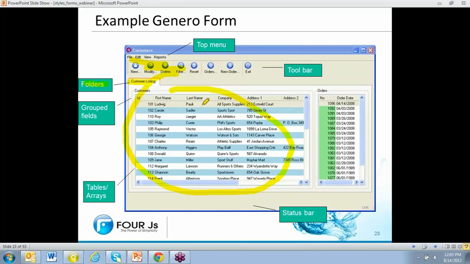So that's actually kind of a nested container. So folders are containers and pages are containers. But pages are child containers for folders. So every folder container has to have at least one child. So there's a folder page with a couple of group boxes. Here's a group box nested